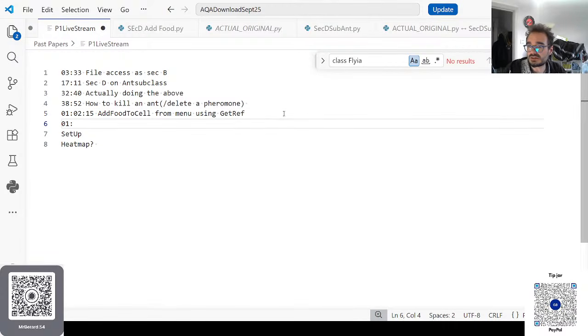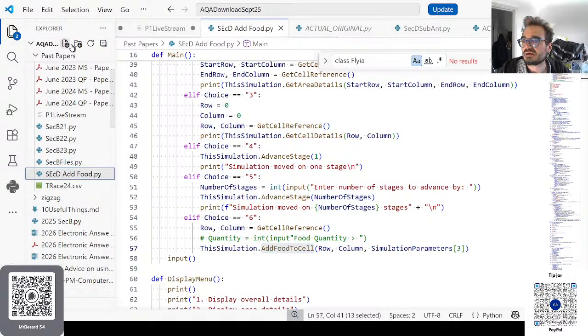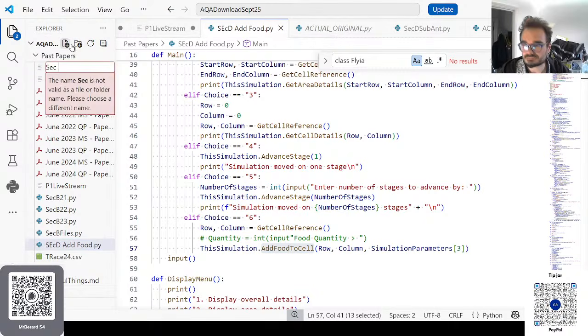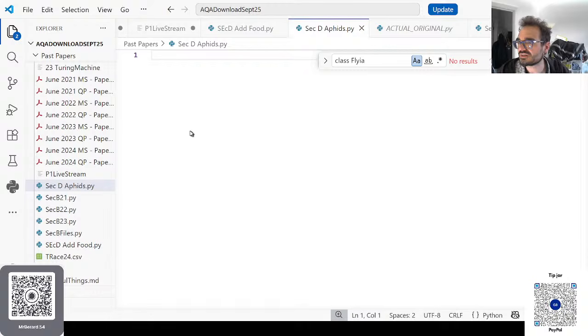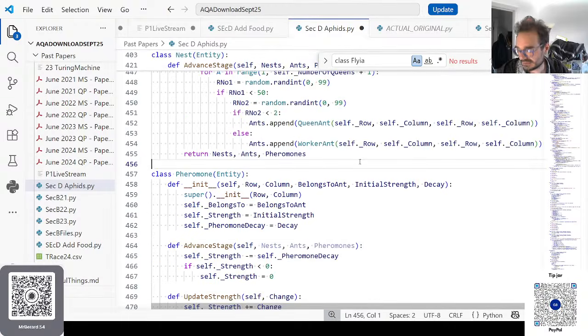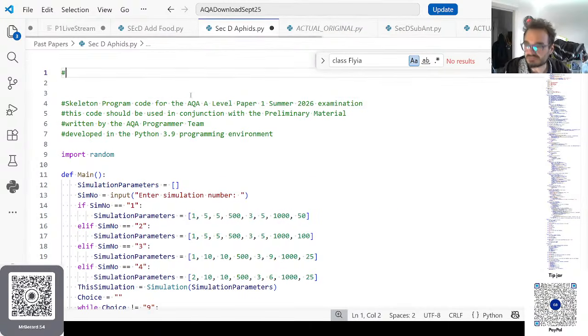This is more interesting, because this uses add food to cell. Sorry, for the replay viewer, we are on 24 aphids. Okay, I like this. I like this a lot already. Aphids.py. Okay. Do I still have the whole original in my clipboard? Yeah, here. Cool. Right, so the specification would be something like